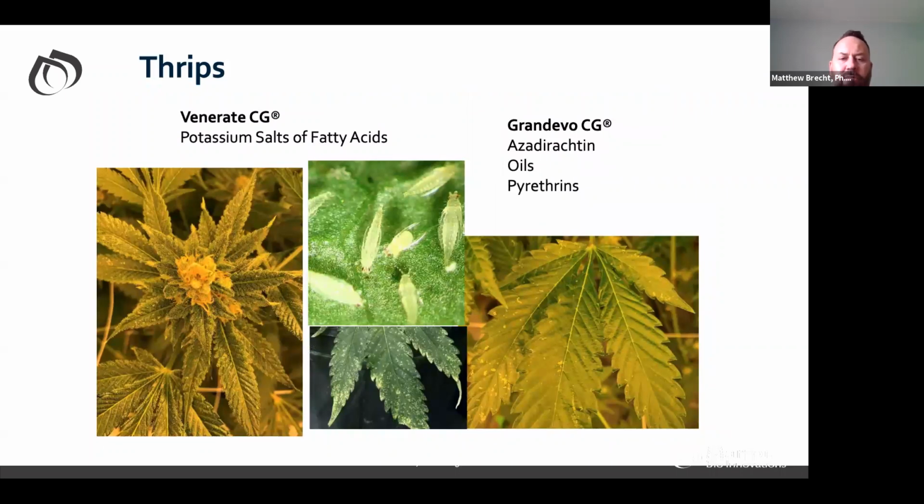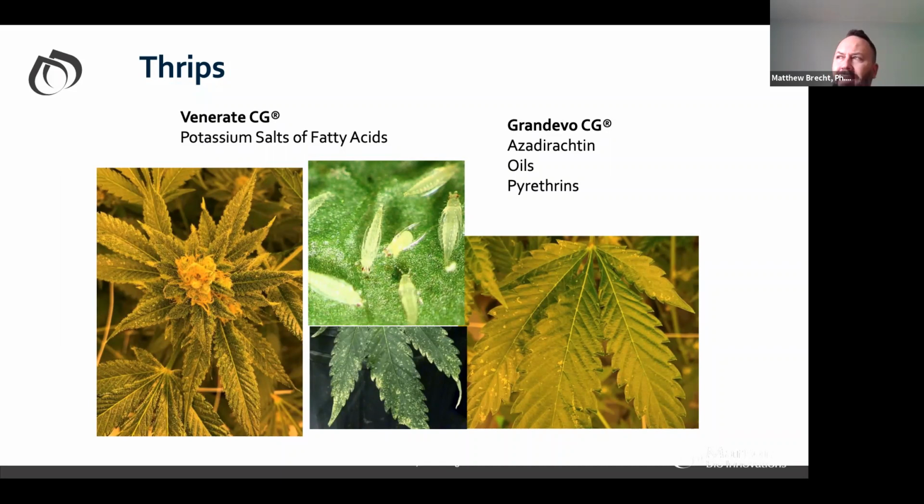Thrips. So thrips is something we have very ubiquitous in the greenhouse grown ornamentals and vegetables. Thrips, or also called Western flower thrips, or WFT. Have you ever seen that connotation before? And what they do again is they're tiny little flying insects. They get into also the flower parts and can distort them.